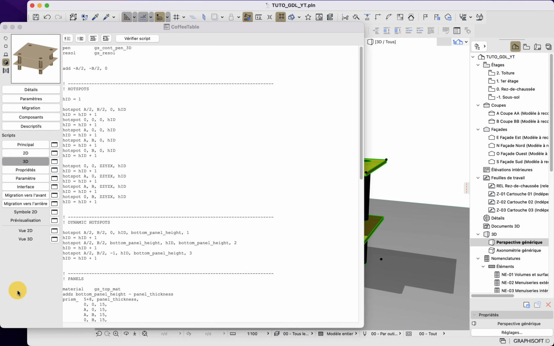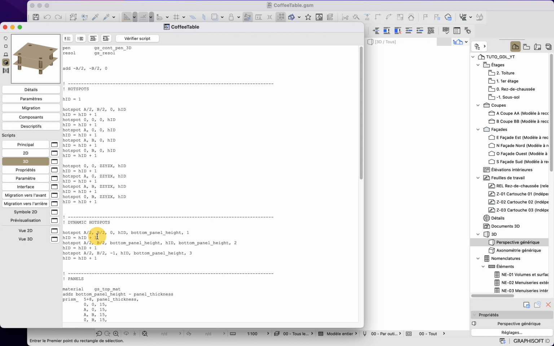I will just modify something here. As you can see here, this is my default hotspot. I want my default placement hotspot to be at the middle. But you can see here that this is exactly the same coordinates here. So what we want to do here is hide this hotspot. We have a specific status code that is 128, which allows me to hide this hotspot.